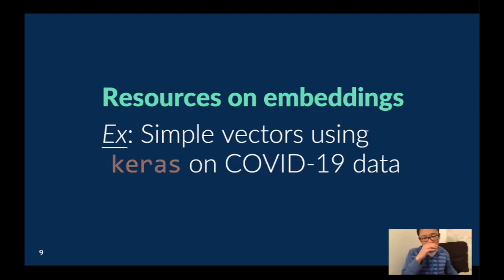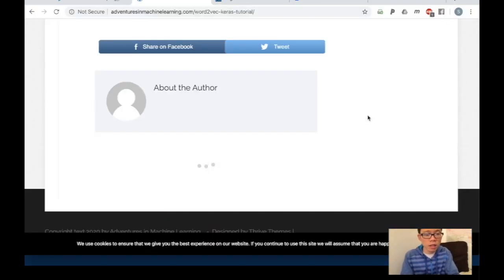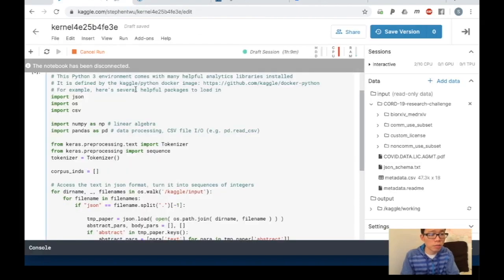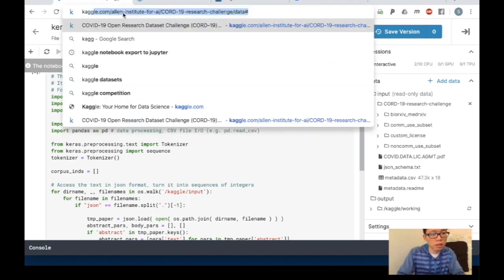So I want to just point to a few resources on embeddings that you can look at. For example, if you wanted to build simple vectors like the Word2Vec model that I showed you, the skipgram model, using Keras on COVID-19 data. I'm not going to walk through all of it, but let's just go to the main Kaggle page here.